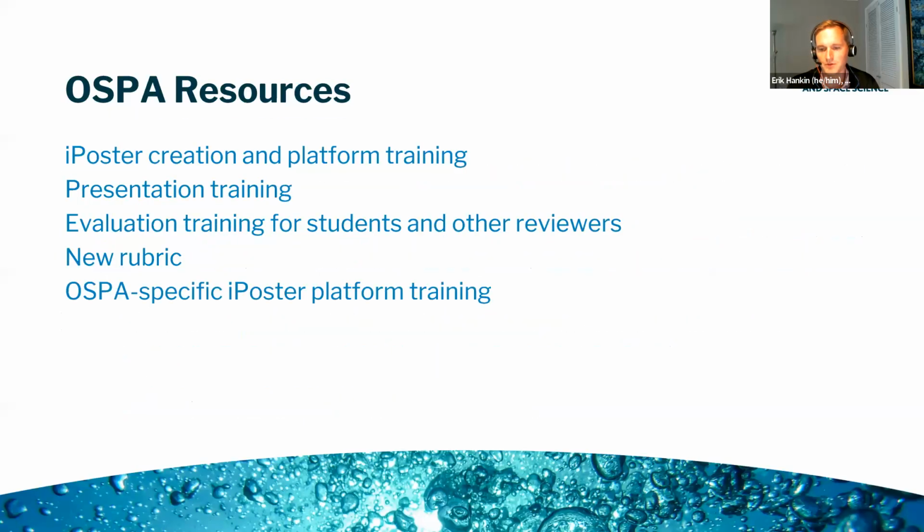We've been working on improving the resources for OSPA over the last couple of years, and we will continue to do that. This is really important, especially with some of the business rule changes I just mentioned, as well as the fact that we're going to have a new platform, right? So we're going to be having resources on how to create an iPoster, how to utilize the system,